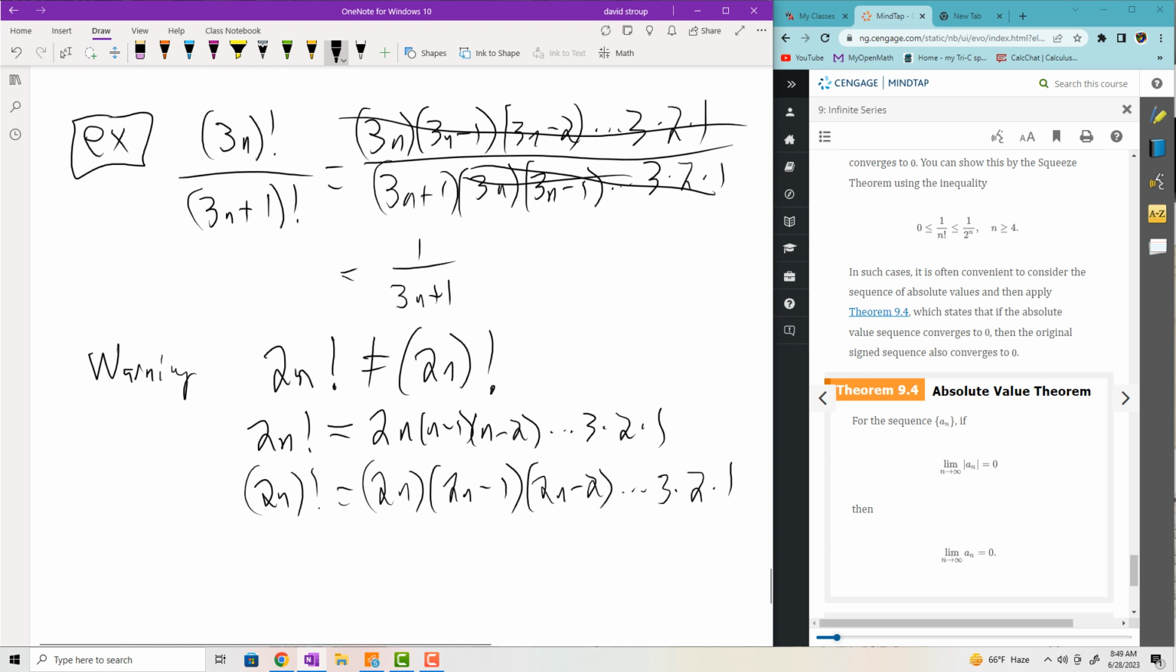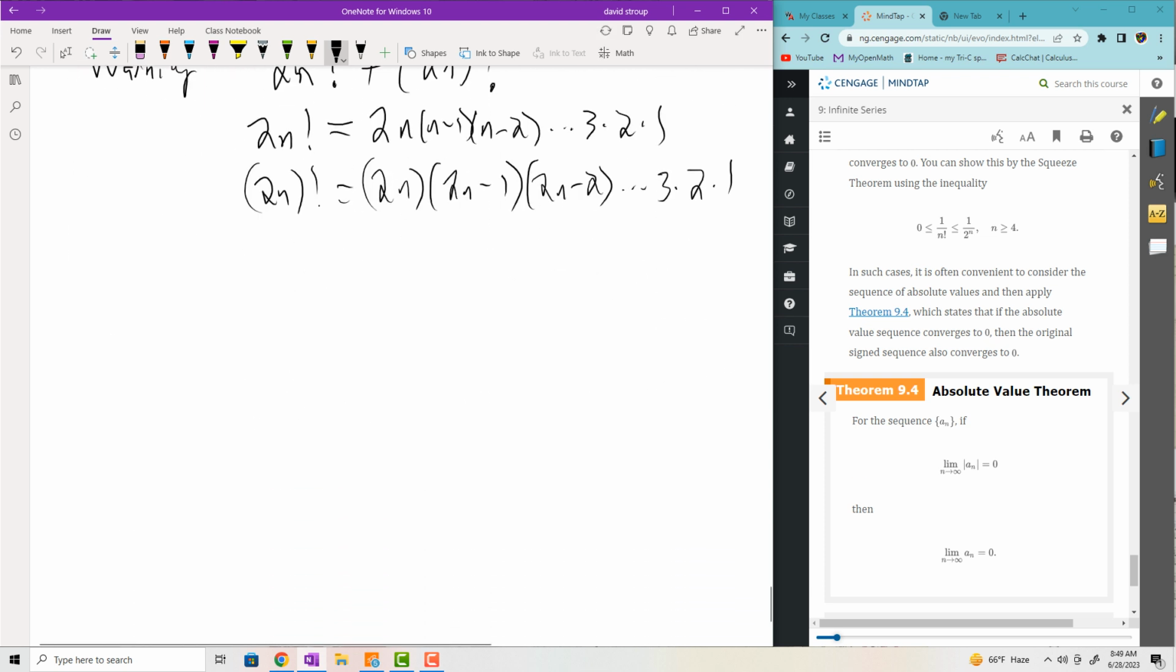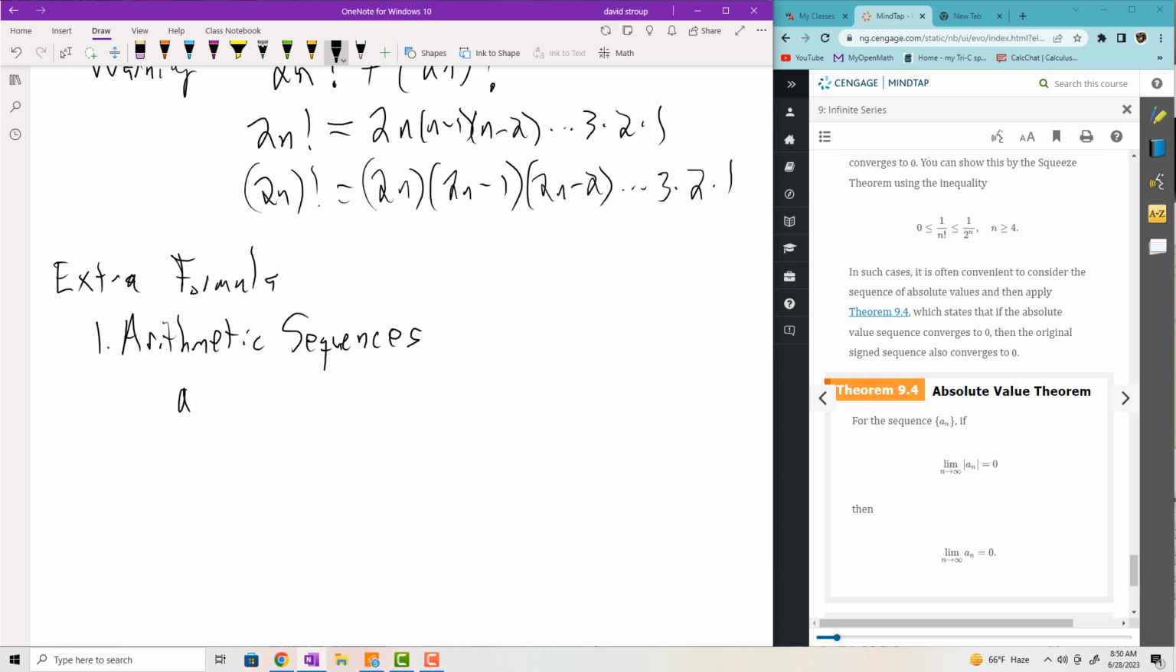One other thing, some extra formulas for sequences. There are two types of sequences that are common. The first one is the arithmetic. You've probably seen these in pre-calc, but just in case you hadn't, sometimes it's helpful to have these formulas. It can be described as a sub n equals a sub 1 plus n minus 1 times d, where d is a common difference. So for example, number 14 in the homework,